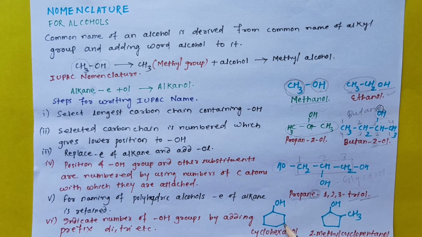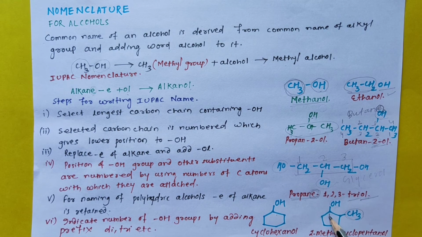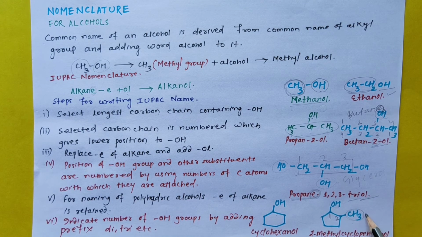Next, you see what is the common name of this compound? This is a cyclohexyl group. So cyclohexyl alcohol. And what is the IUPAC name? You see, parent alkane is cyclohexane. So we have to omit E and add OL, and the name will be cyclohexanol. So what is the IUPAC name of this compound? You can see here, this is a cyclopentyl group and substituent methyl is there. And you can observe this position is given number 1, this position is given 2. So 2-methyl